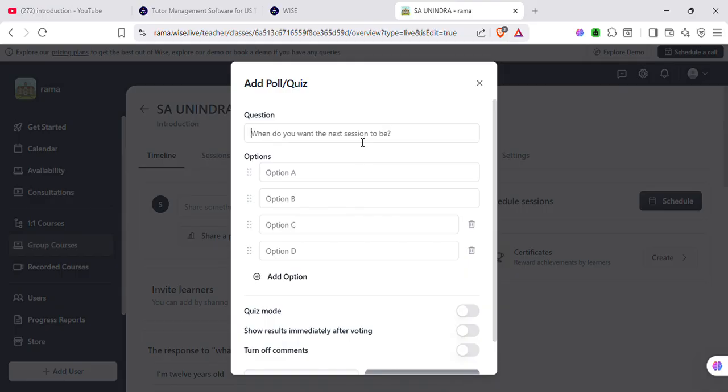Question number 3 is, how do you ask someone's age? Option A, how old are you?